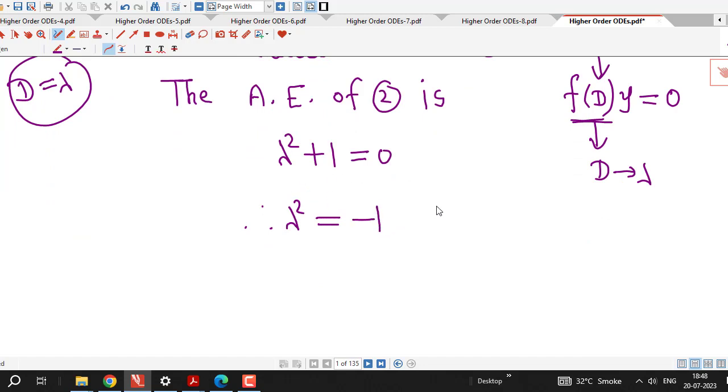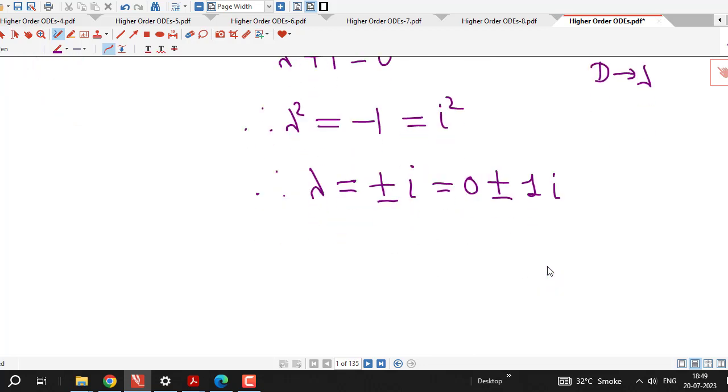This I can rewrite as lambda square equal to minus 1. Minus 1 can be written as the square of the imaginary number i. Therefore the two possible values of lambda are plus or minus i, or this I can rewrite as 0 plus or minus 1 times i. That is, I have a pair of complex roots. Therefore the complementary function